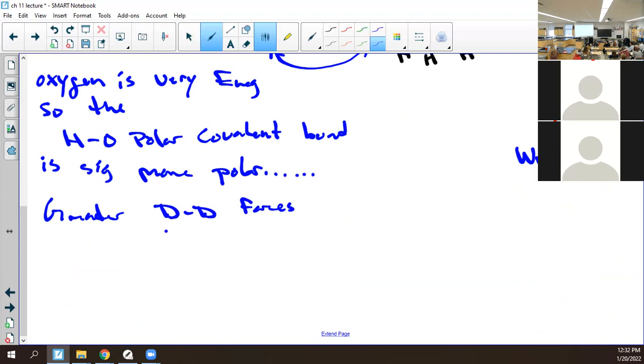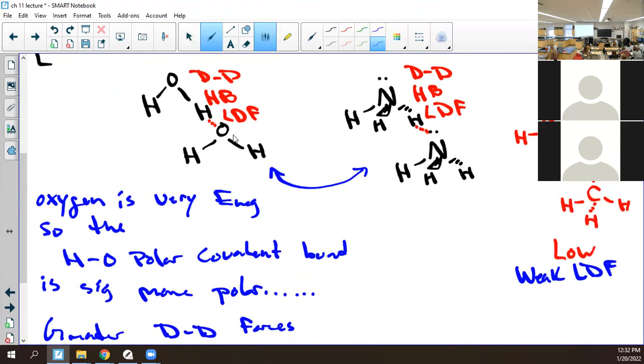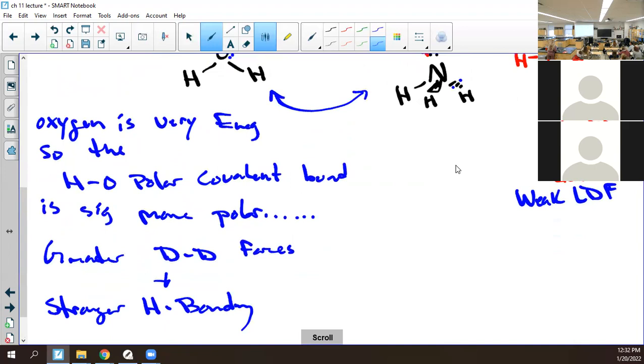And it also means stronger hydrogen bonding, because the electrons are closer to oxygen in water than they would be to nitrogen in ammonia. So ammonia would have both less strong dipole